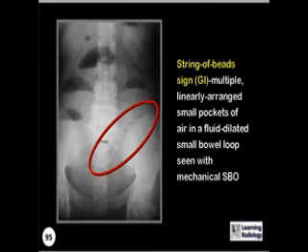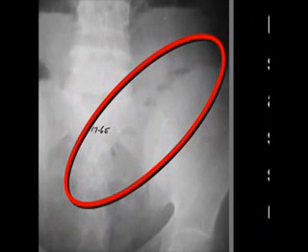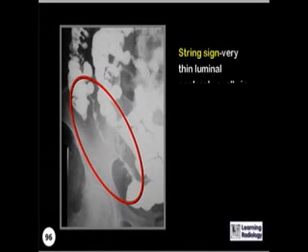This is the string of beads sign, multiple linearly arranged small pockets of air in an otherwise fluid-dilated small bowel loop seen in mechanical small bowel obstruction. What sign is depicted here? This is the string sign,